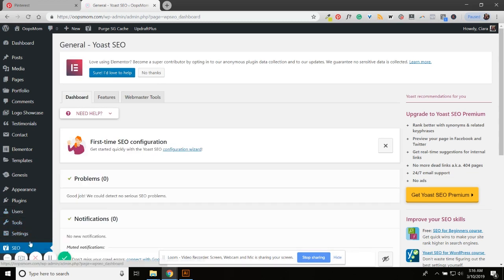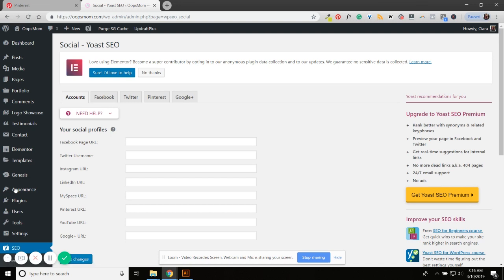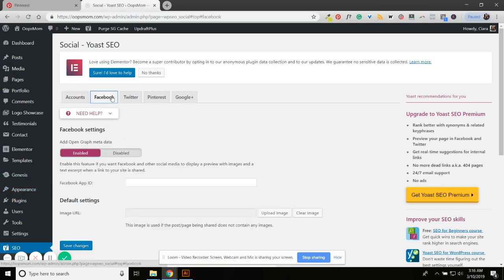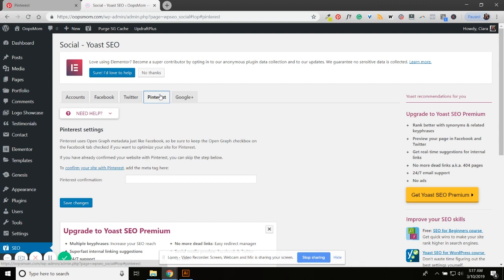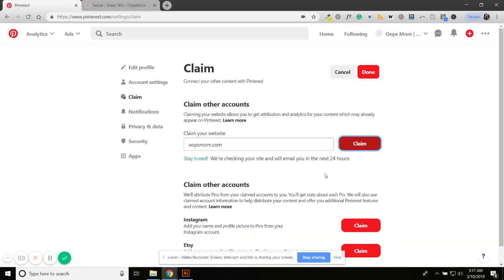And then you're going to head over to your Yoast settings and click on social. First click on Facebook and make sure this open graph metadata is enabled. For some reason, you need this to be enabled for your rich pins to work. And then you're going to paste that meta tag that you copied into this right here, and then click Save Changes. Okay, so now you can go back over to Pinterest and click Submit,